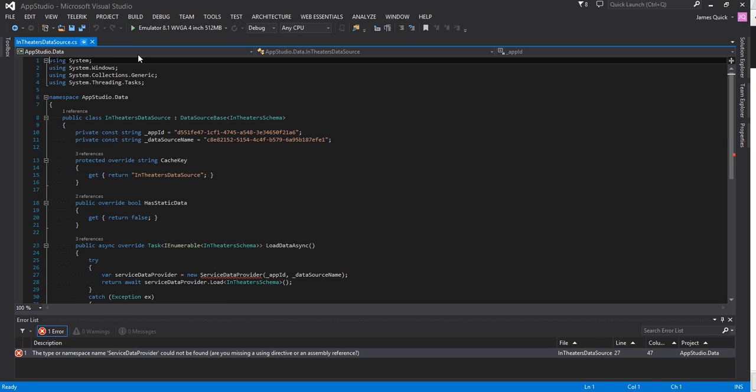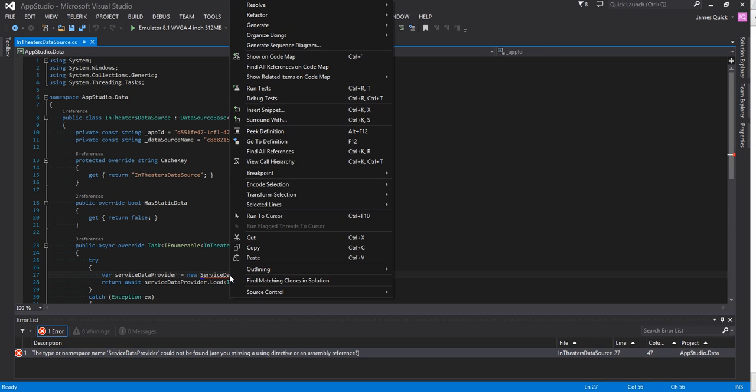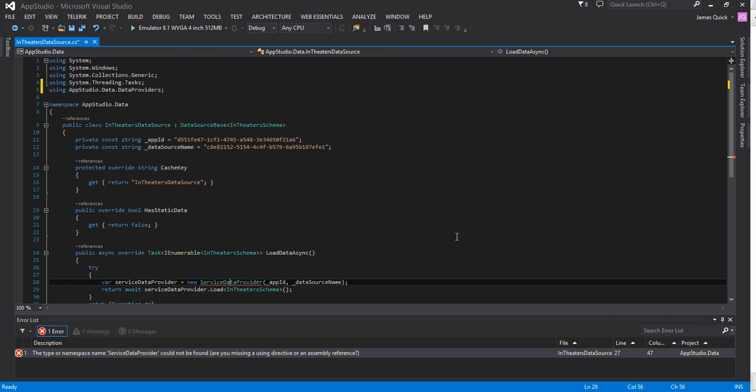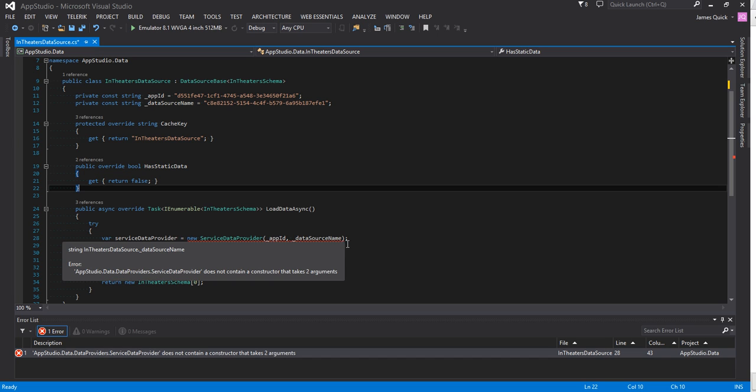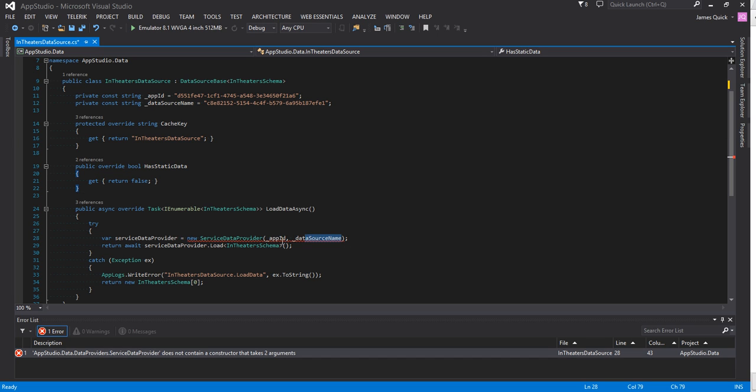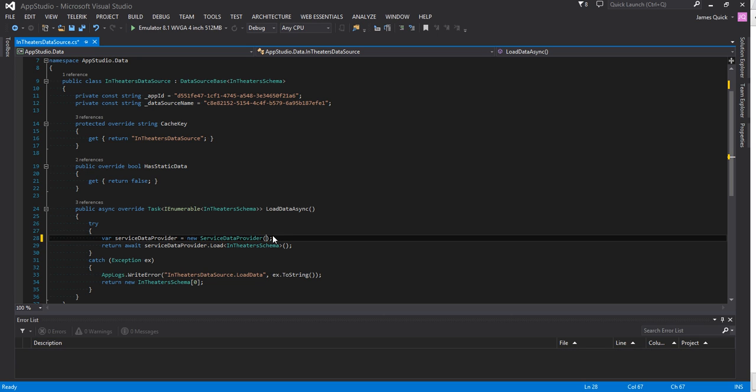And back in the in theaters data source, that's where we need to make a few more small changes, just a couple, to be able to use that file that we just created, that file that we just replaced. Since we just replaced this file, we lost the reference that we previously had to it, so we'll just go out, resolve, and add a reference to it. And then in this constructor here, we don't need any parameters for that file that we just added, so we can just delete those parameters, save that,